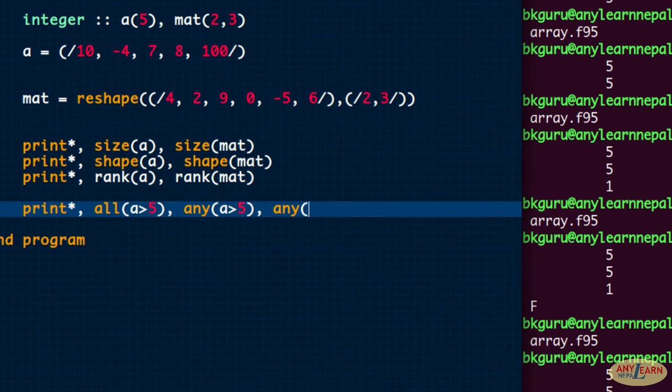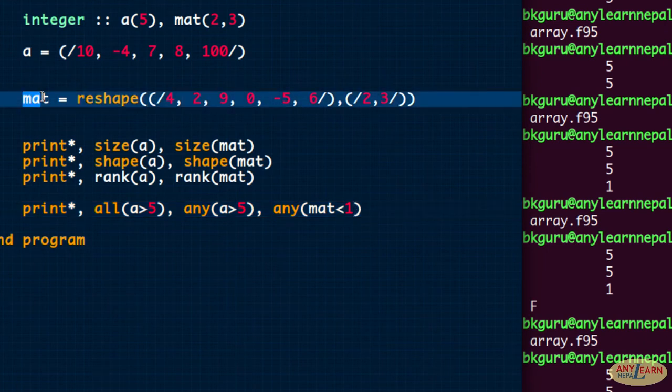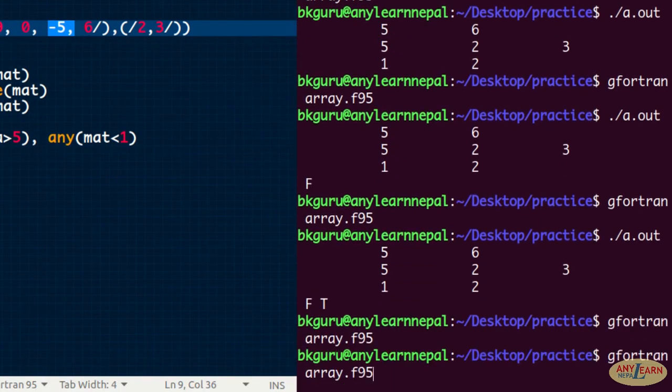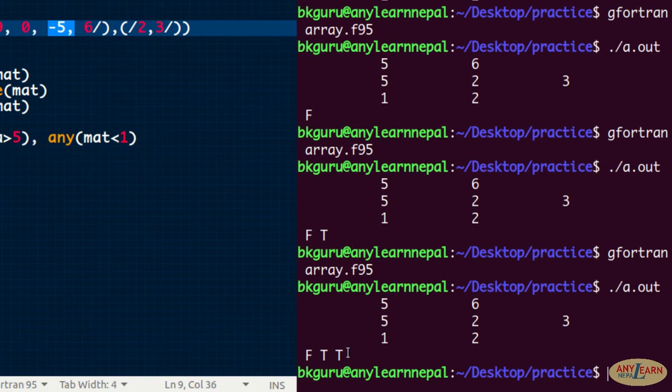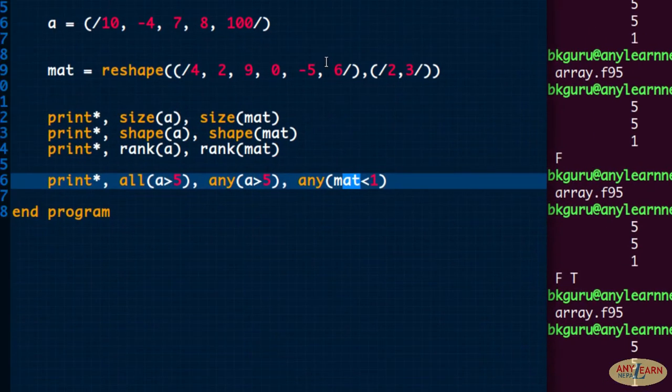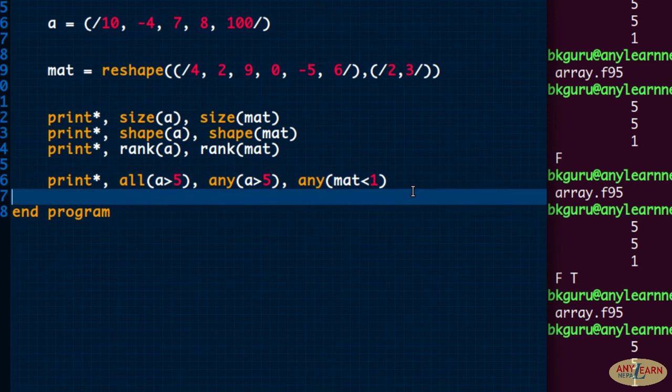So I will say any, mat, that is the 2-dimensional array, less than 1. If any of the mat elements are less than 1, let's see, yes, there is -5 which is less than 1. If I run this, it gives a true result, because one member is less than 1. If I check for all, then obviously it will give a false result. So that is about all and any.